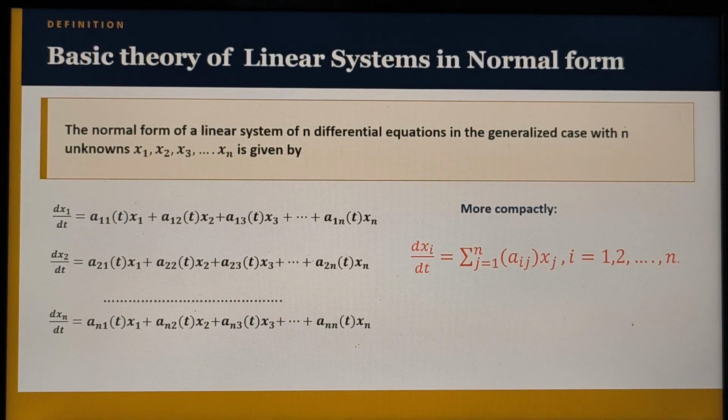Okay, so before proving this theorem, we see some basic properties of linear systems. If we consider the system of differential equations of x1, x2, dot dot, xn, this can be written in a more compact form, that means dxi/dt equals the summation, j equal to 1 to n, of aij xj. Okay,